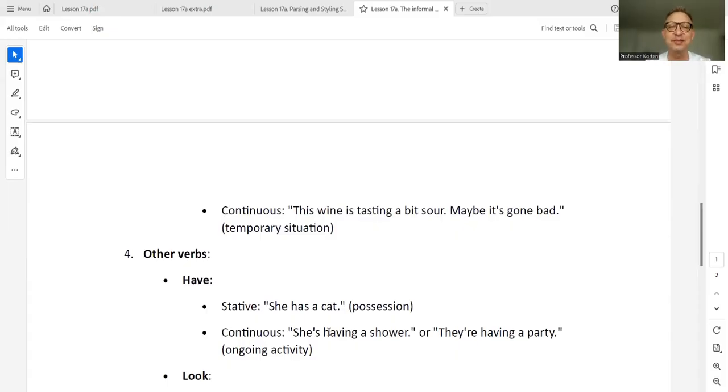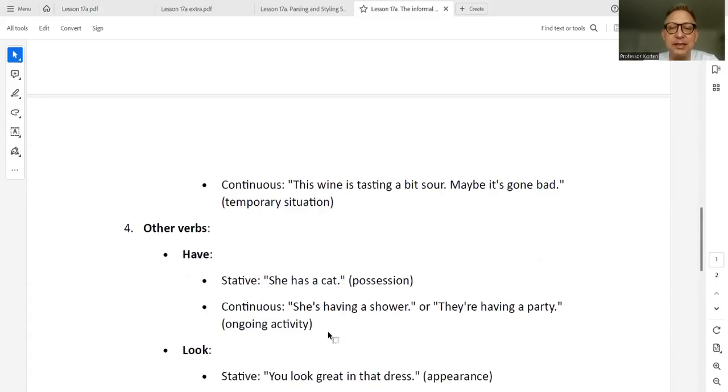It's an ongoing activity, even though, because have has several different meanings, having a shower means taking a shower. So that's more action. That's how it's described or justified in the grammar books. Having a party, throwing a party, that's an action, organizing. That's how you justify have in that sense, because have is a catch-all term for a lot of different actions: throwing a party, organizing a party, taking a shower.